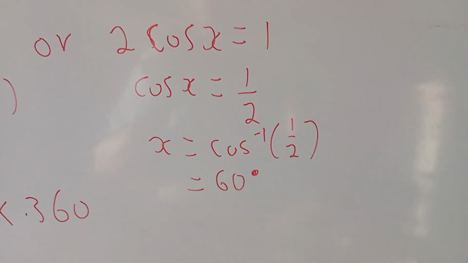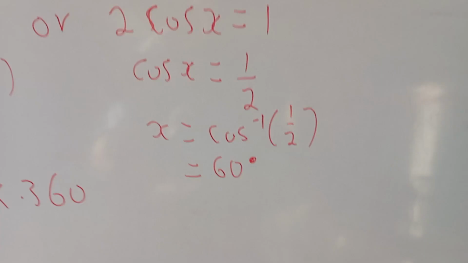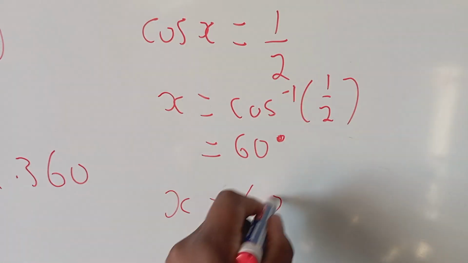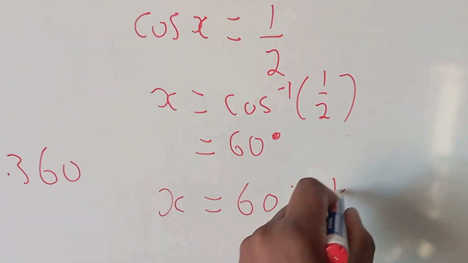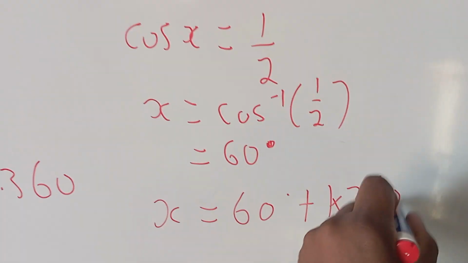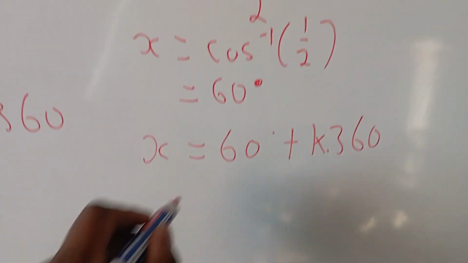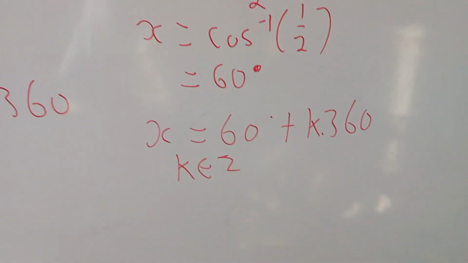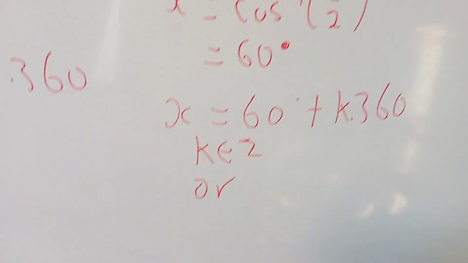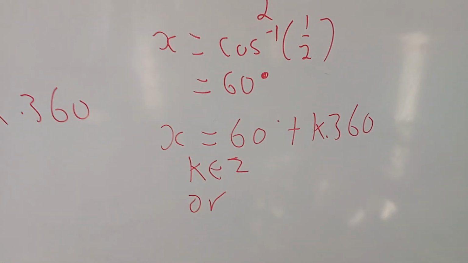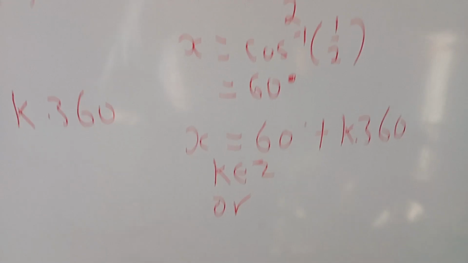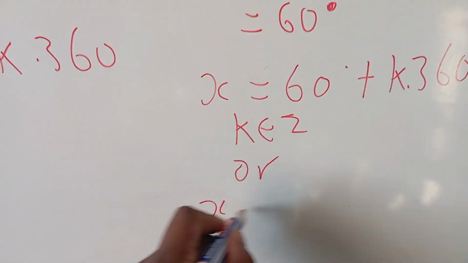So what we'll do then, we will say that x in the first quadrant, we say it's 60 degrees plus k 360. So where k is an element of integers, right? Or in the fourth quadrant, x is equals to,